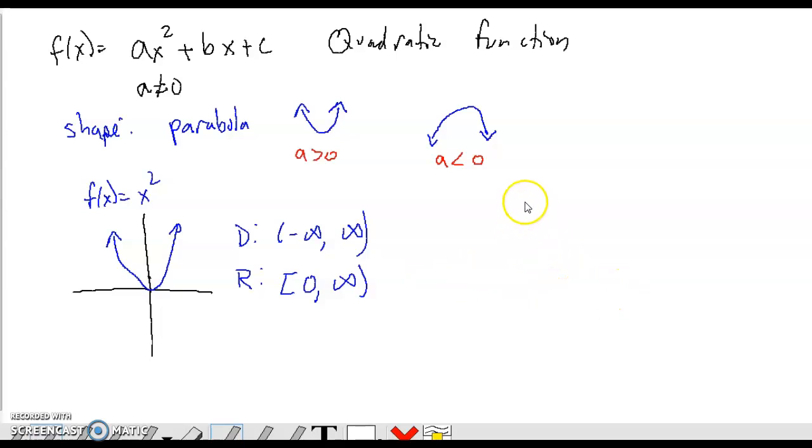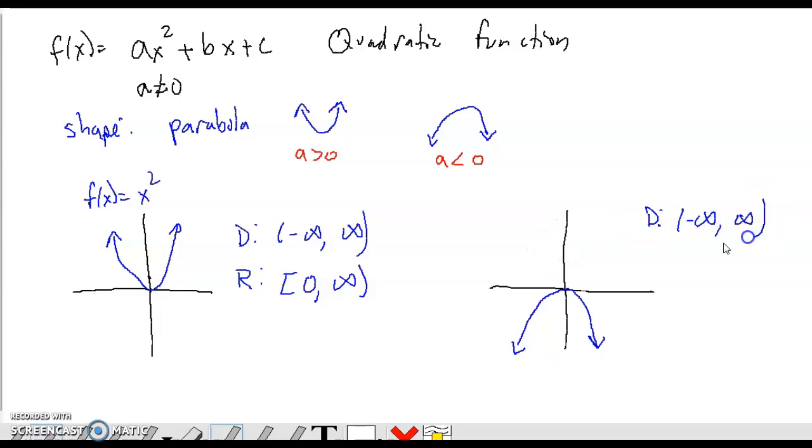Okay. If I want to draw the other one, if I want to put a negative in front of it, our parabola would be opening downward, and it would look something like this. So our domain, again, would be all real numbers, or negative infinity to positive infinity. And this time your range would start at negative infinity and go to 0 with a bracket around it. So again, this would be our